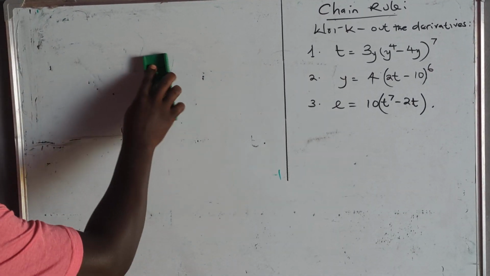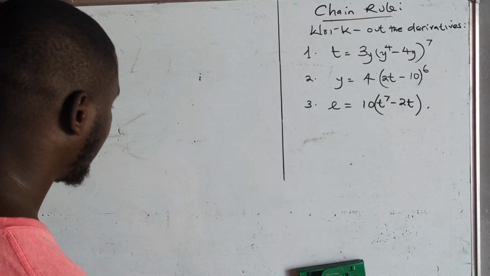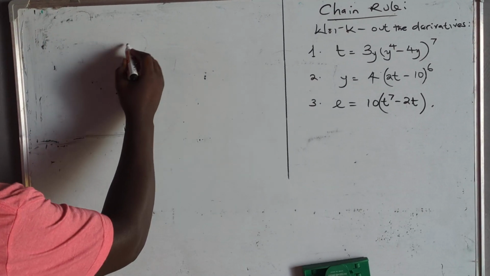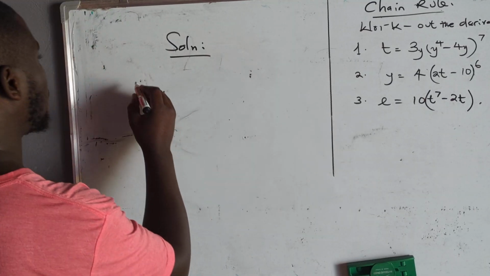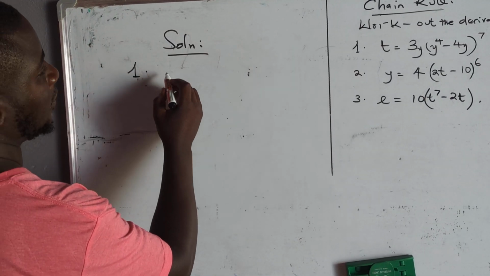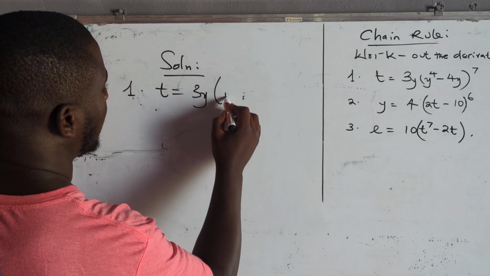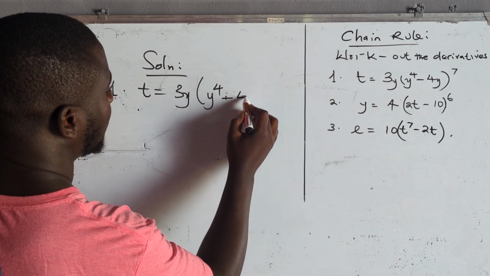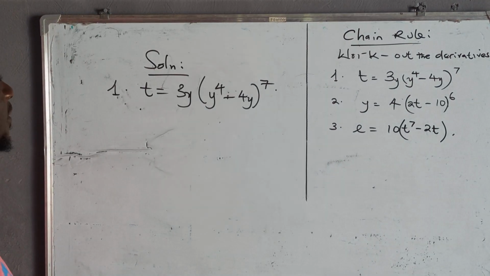Okay, let's quickly jump into it and see how best we can solve these questions. Right, don't be scared of numbers. So we say solution. So first one, we're going to copy the question the way it is, and we're going to say t is equal to 3y, y power 4 minus 4 is equal to 7. Alright, so what we had said is,